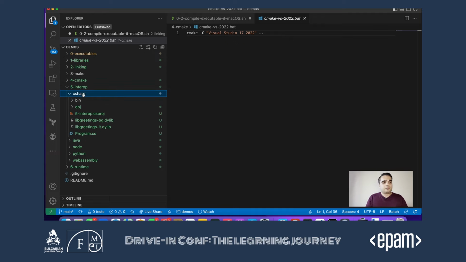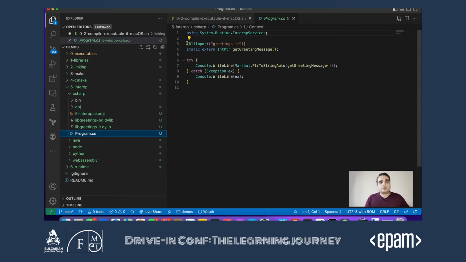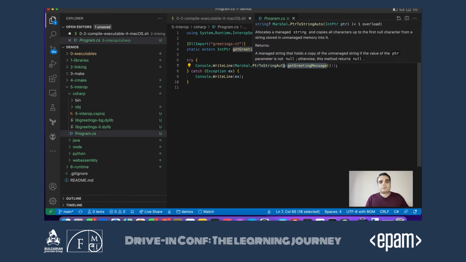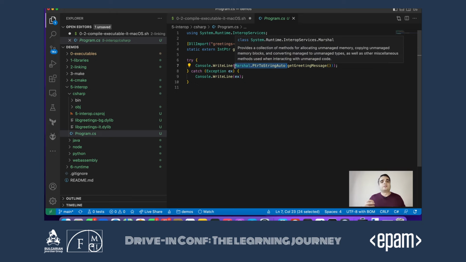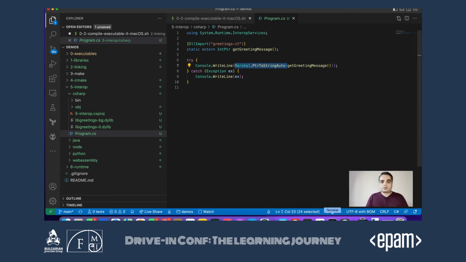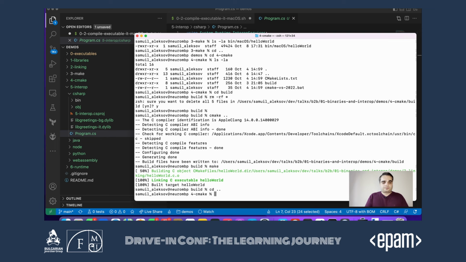In C#, the way you call into these static libraries is by using the DllImport attribute, which does a dlopen or a LoadLibrary on Windows, and a dlsym or a GetProcAddress on Windows, to load the static library, and then we can call into it. So we declare it as a static extern, and we do need to do some marshalling. Every time we move data from one language to another, from one convention set to another, we need to do some marshalling of the data.